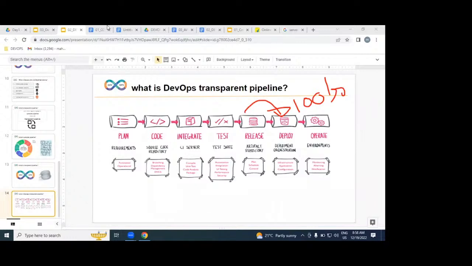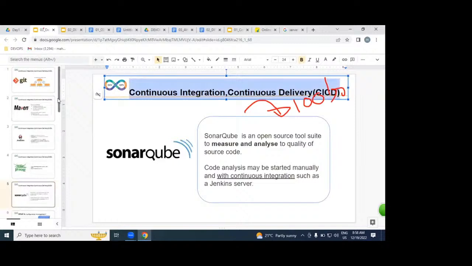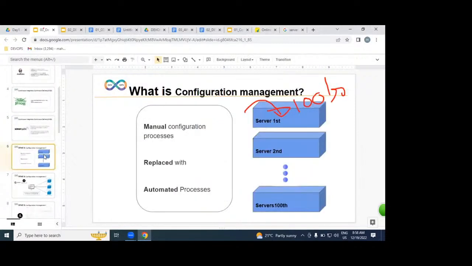That automation process we are going to implement by using what? Configuration management. So what exactly is configuration management? Please, anybody help me, you know that answer. A manual process replaced with an automation process on hundreds of servers. It is nothing but a configuration. So what exactly is our job? Creating files, installing software on hundreds of servers.